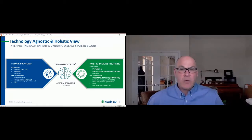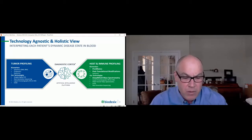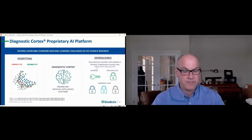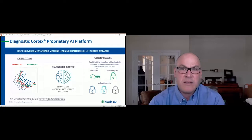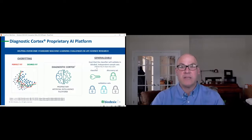Now, the Diagnostic Cortex, we've developed this platform over the last 10 years to address a number of the problems with clinical-based diagnostics. This is a completely custom algorithm and platform. It's not an off-the-shelf platform like an elastic net or any of the other tree-based methods. And what we're really trying to achieve here is to address a number of the questions and problems that we run into with clinical data sets, such as